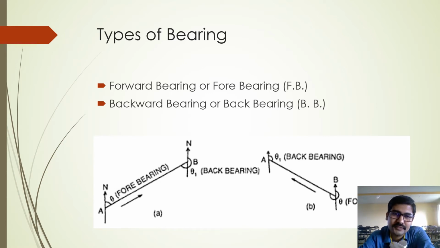You need not measure it; measure the back bearing always. So if you know the fore bearing of the line, you can easily get the back bearing, right? Looking at the diagram at the bottom here itself, you will be able to understand the relation between the fore bearing and back bearing of the line. But still I am going to explain exactly what the relation between fore bearing and back bearing of the line is.